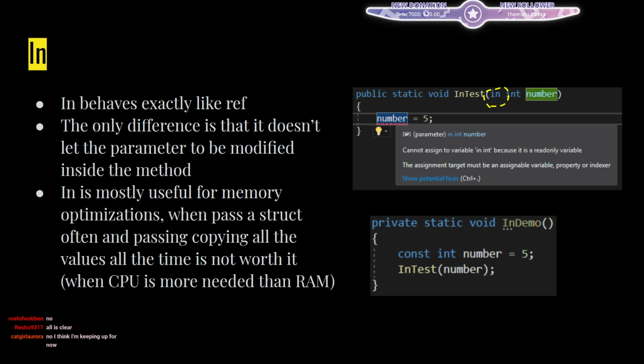And you might ask yourself, why would I use in if I can use ref? And the answer is, modifying something is slightly more expensive than just reading. So for performance purposes, for the same reason you would pass anything by ref, it costs slightly less memory. So for performance reasons, it makes sense to pass something by reference. So if you want to pass something by reference, just to pass it, not copy it over, then you would use